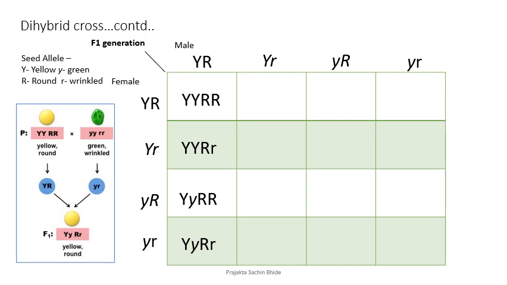Now if I fill in this square horizontally, this is what I'm going to write. Whenever you are filling the Punnett square, once again I'm telling you, take the first one, yr. So take this down and add this to this part. So what you get is, correct, y, r. Fill in the third and the fourth row, it's the same. Now I'm going to leave this to you to complete this table in the same manner, and then we will see in the next slide what actually happens.